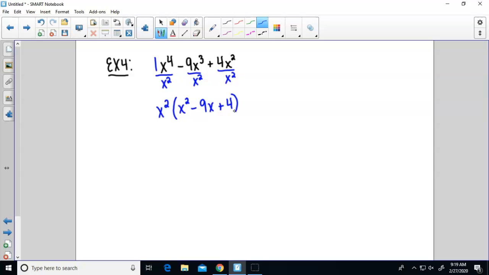Okay, so sometimes all you can pull out is the variable part. You cannot pull out a number to go with it. So that is part of the answer to your question. Then, because